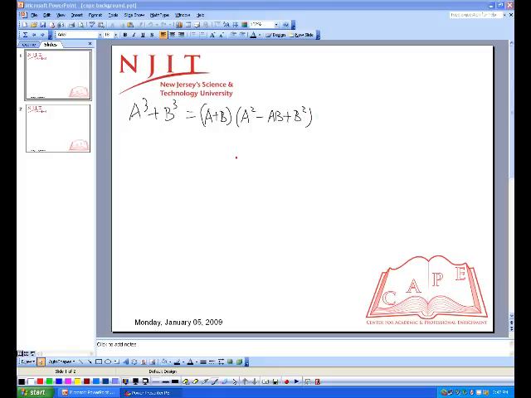Notice that a cubed plus b cubed is equal to a plus b, where the power is only 1, the first degree, times the other one that looks very similar to